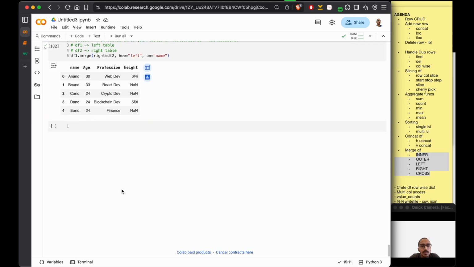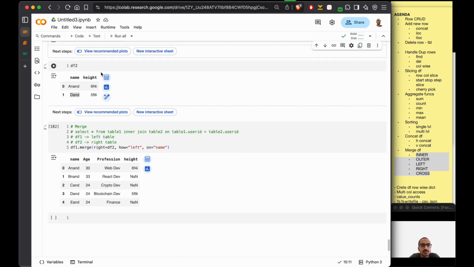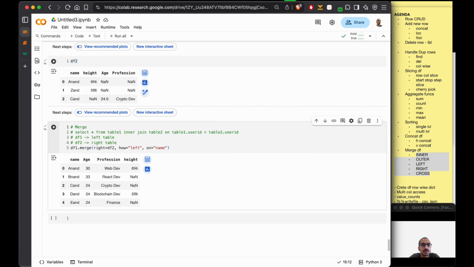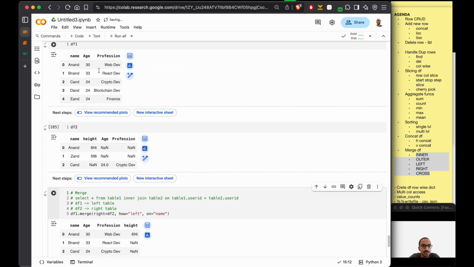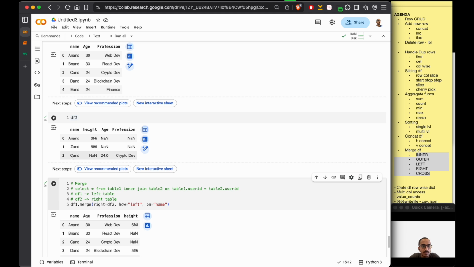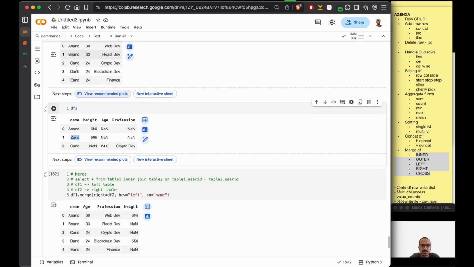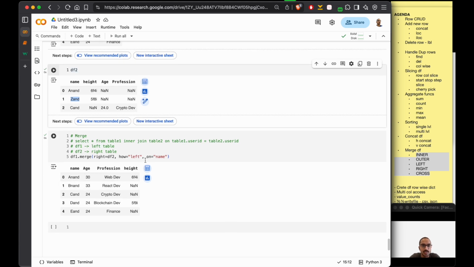So we have our two tables. Let me run df2 now. If you see our two tables, there's a person with the name Z who is not present in the first table, the left table. So if you do a left join now,